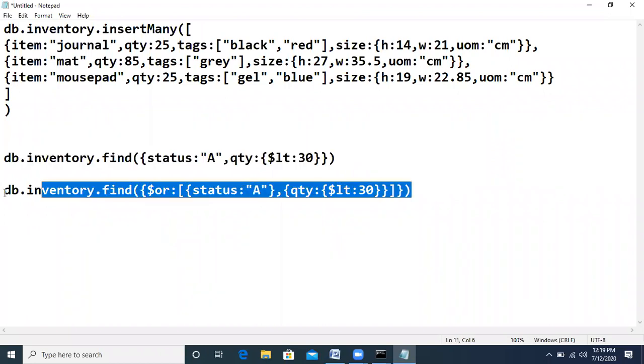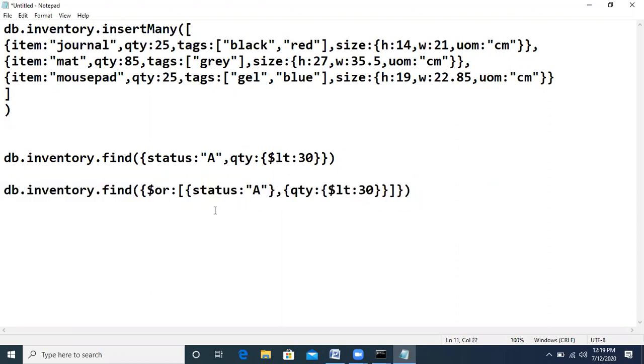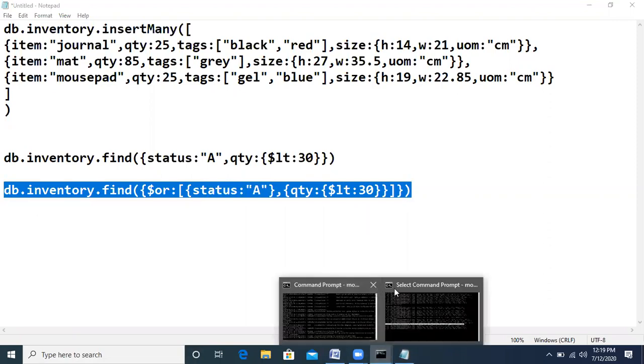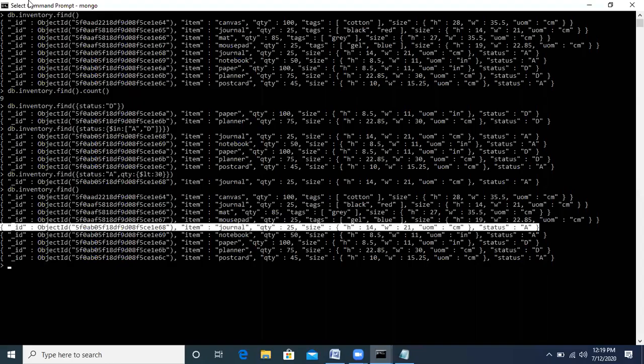But this command says if any of these two conditions is true, then it will retrieve the document. So if we want to use OR, this is the syntax. It will work where either status is A or quantity is less than 30. So let us copy this command and run it.